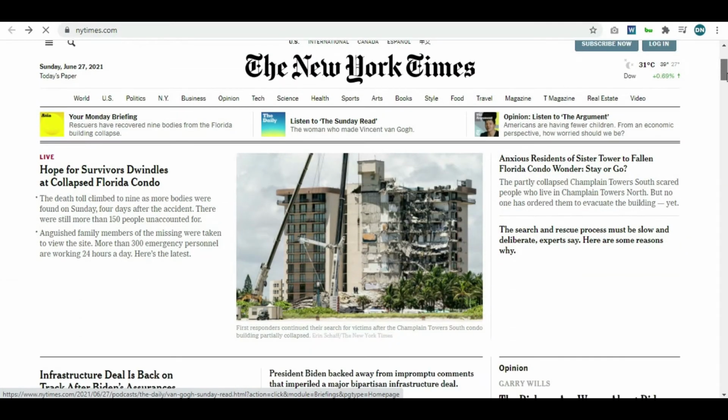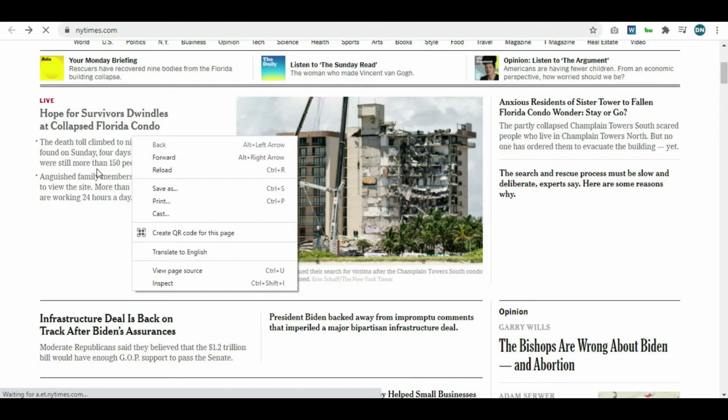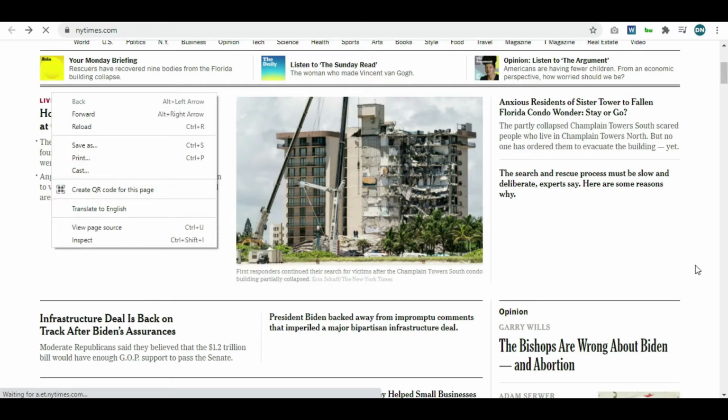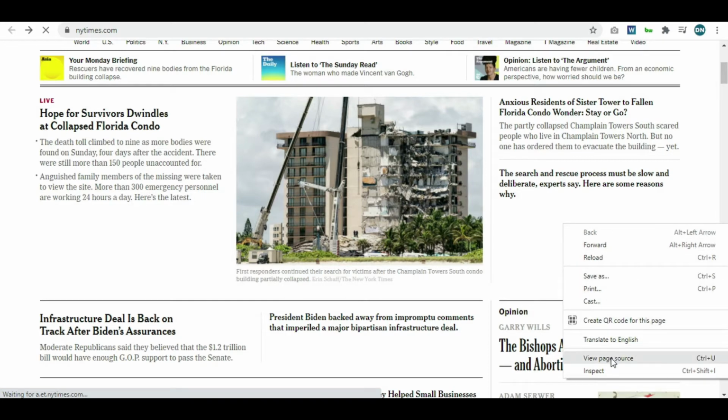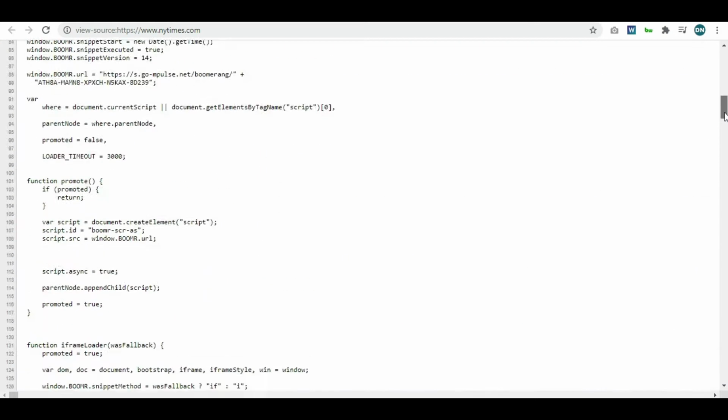So starting from the first technique, which is the view page source technique. All you have to do is click anywhere in a website. Make sure you're not clicking any text or a hyperlink, otherwise it will give you a different option. So if you're clicking the white area or anywhere where the content is not available, you'll have this option. Just scroll a bit down, and the second last option is view page source, this one. Just click it, and in the next view the Chrome window will open the source code.